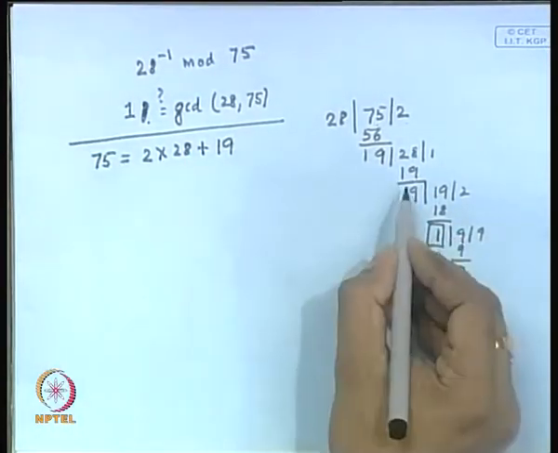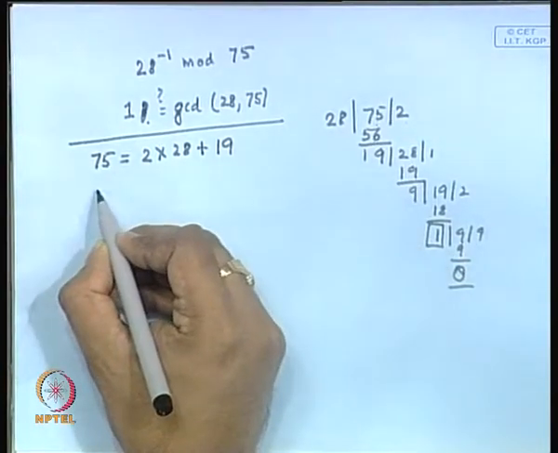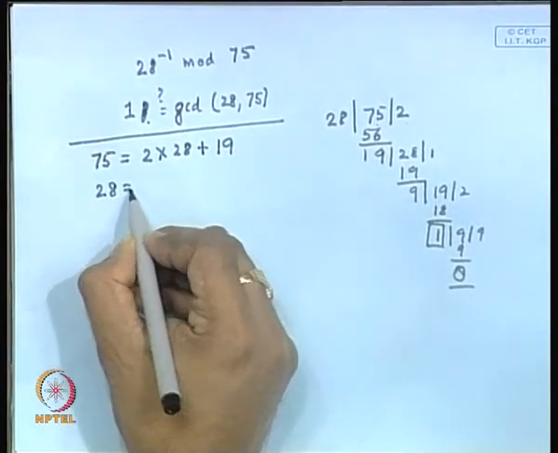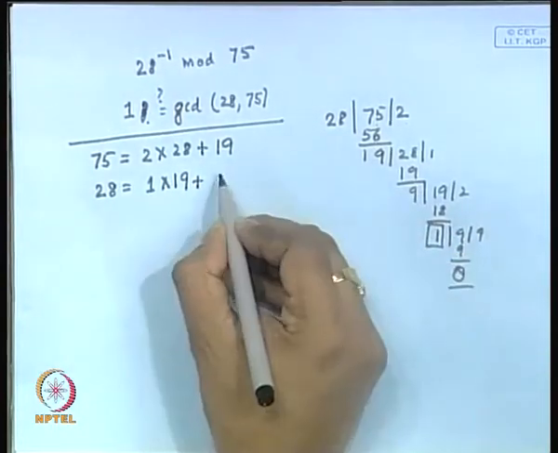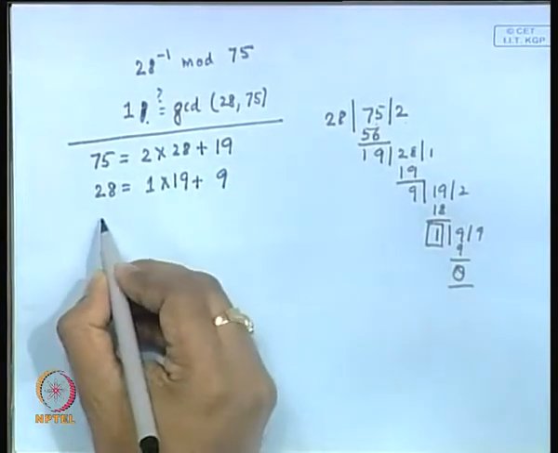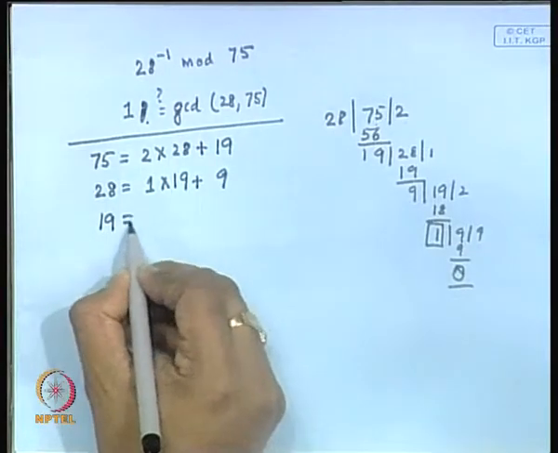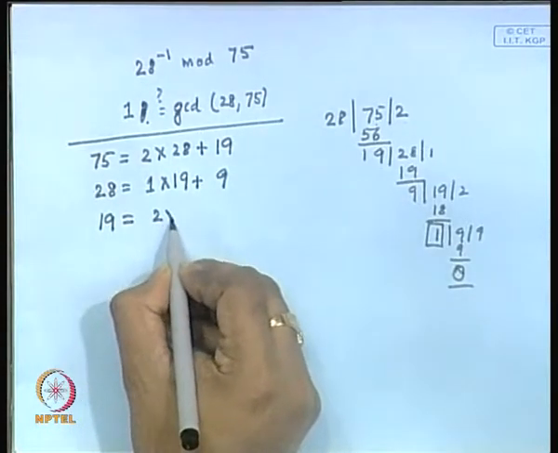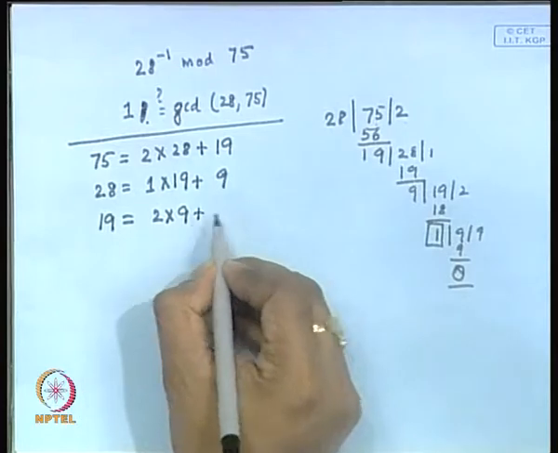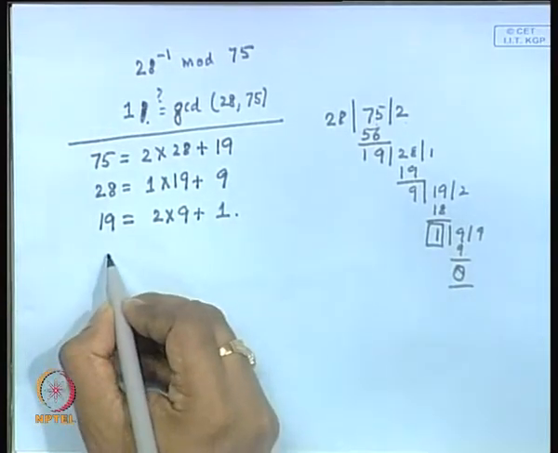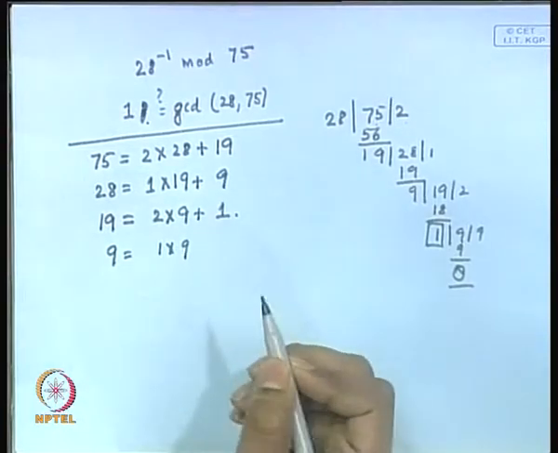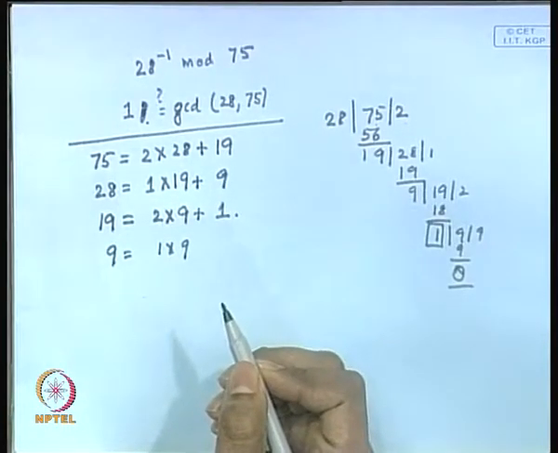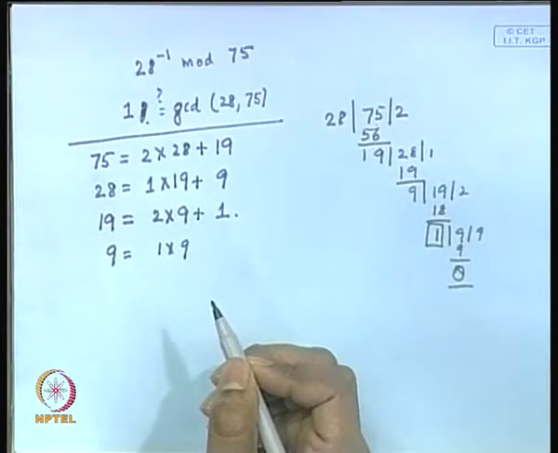So, then what you can do is that you can see 28 is 1 into 19 plus 9, then you have got 19 is equal to 2 into 9 plus 1, and finally you have got 9 equal to 1 into 9. Okay. So, now the interesting thing is that